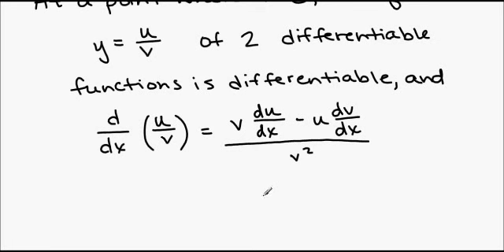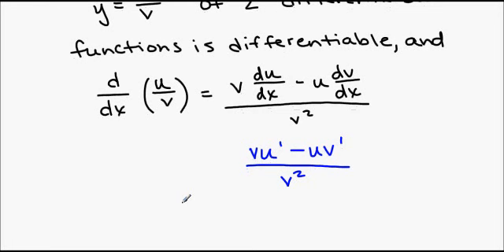It might help you if you wrote it like this instead, so there's just fewer letters around. So vu prime minus uv prime over v squared. You could also remember it like the derivative, so d is for derivative of high over low, so top number over the bottom number, so u is high, v is low, equals